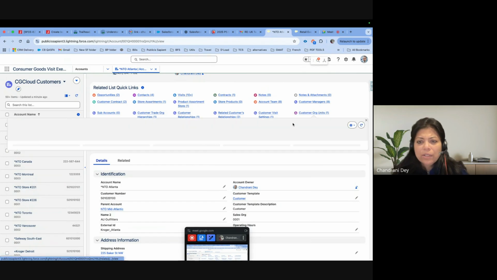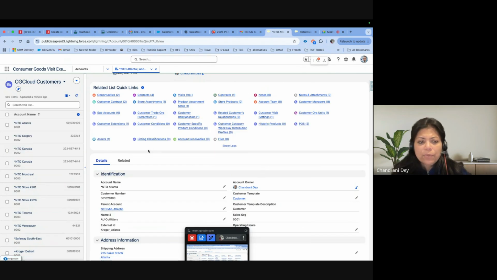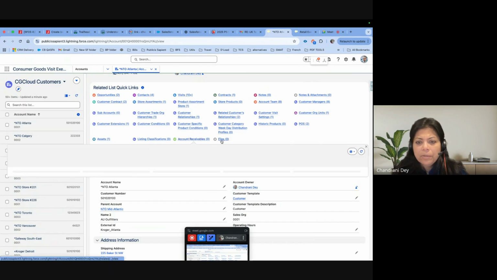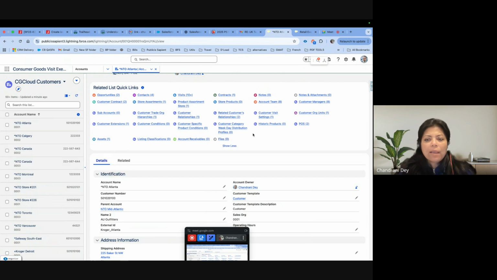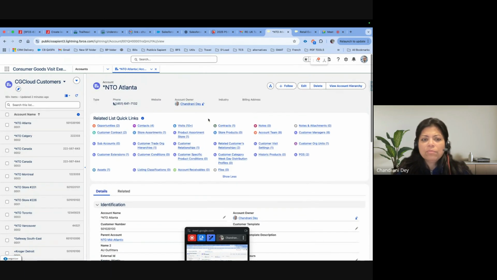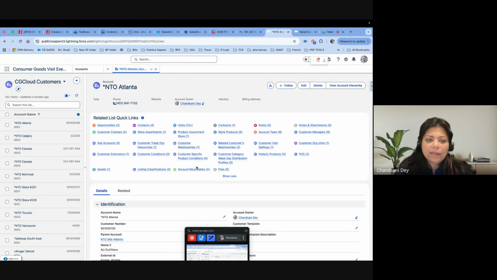You have org units. And you have a few things like assets, account receivables, files, etc. So you can see a lot of things which you can identify immediately, and a lot of things are there which are new. So if you go through this, you would understand that there are some differences in this account and the account that we see in any sales application.